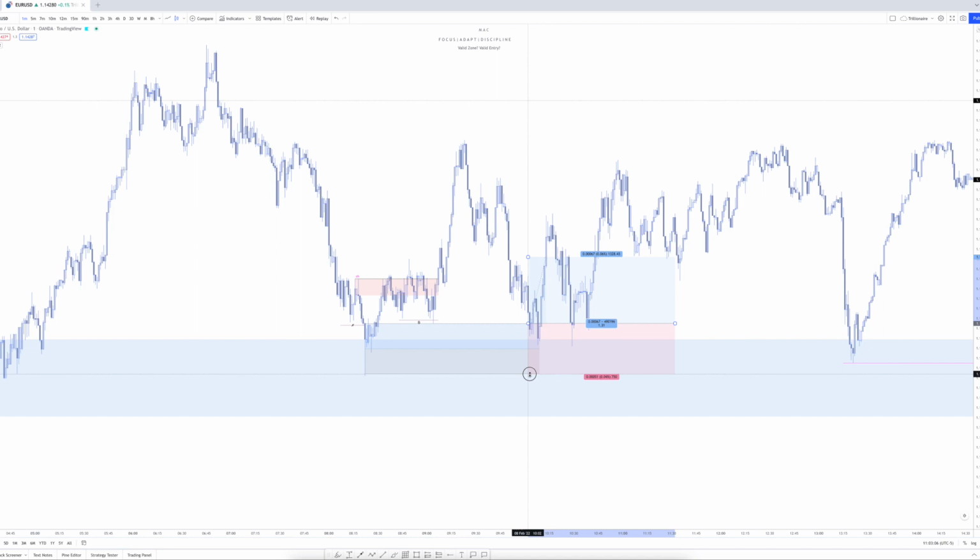Risk on this trade is about 5 pips. It's a bit much, honestly, for a day trade. Usually you guys know I'm closer to around 1.5 to 2.5 pips, but you have to trade what the market gives you, okay? And it's not always up to us whether or not our stop loss is 1.5 pips or 3 pips, or in this case, 5 pips, right? We simply have to do what the market allows us to do, right?